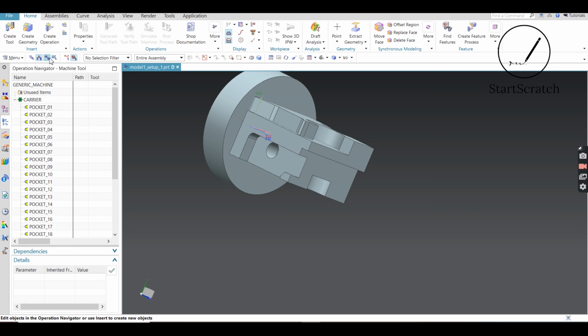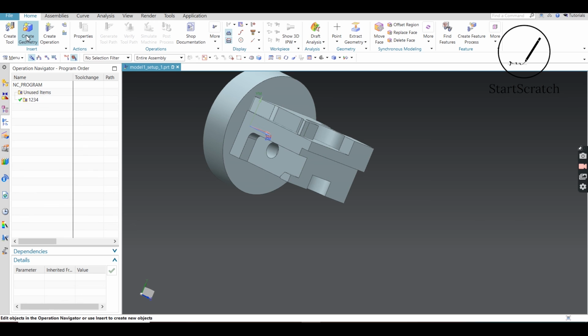Once all of these processes are completed, this toolbar would be activated, and we would verify our simulations and the paths and operations we have created in the NC programming, by simulating the machine tools, and then our part would be machined, and we would get the required surface. So this was regarding the introduction part.